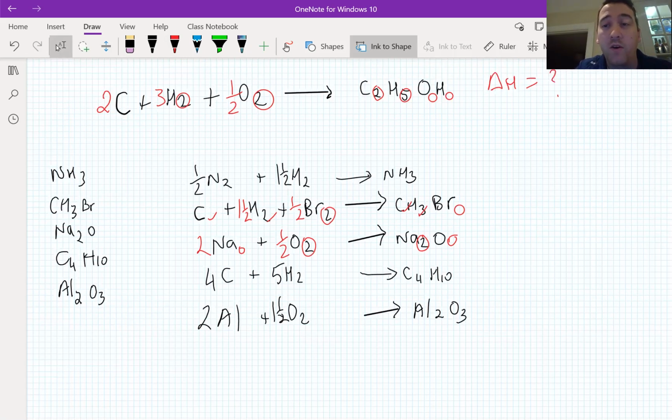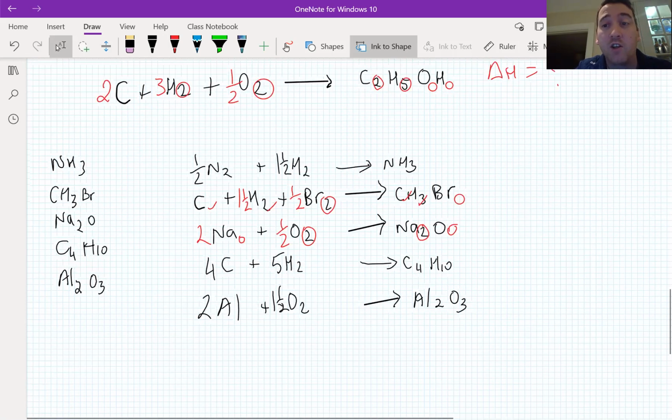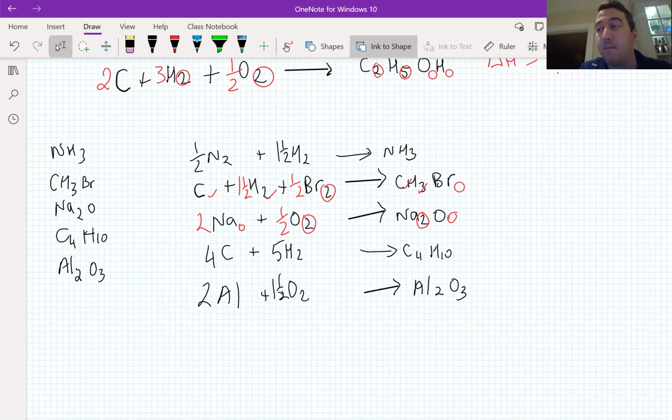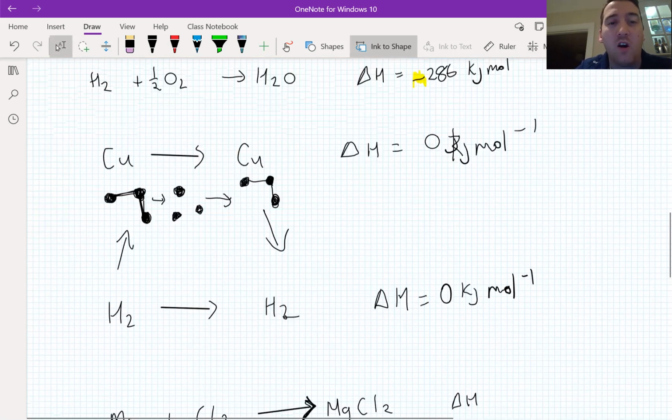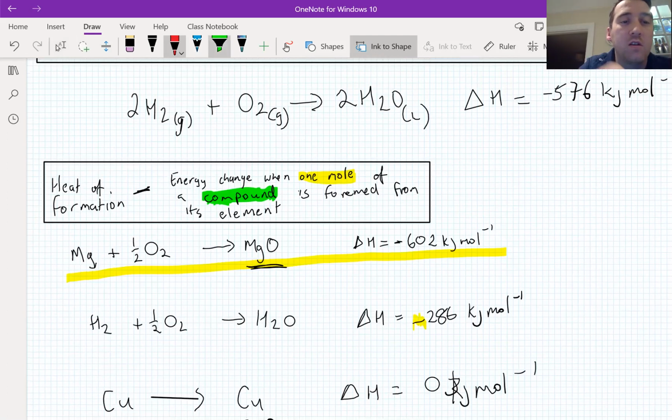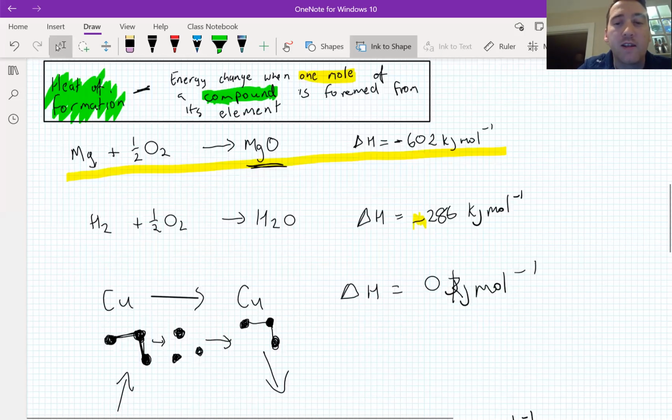It's going to be really important for future calculations, which is what really comes up on the exam paper. So again, we're building it up skill by skill. We're not going to jump straight into doing the hard calculations on the exam paper, building it up 1 skill at a time. We're going to take a look at another type of reaction now. Remember that was a heat of formation. Those were formation reactions, forming 1 product. What about a second type of reaction? A reaction we're probably more familiar with,